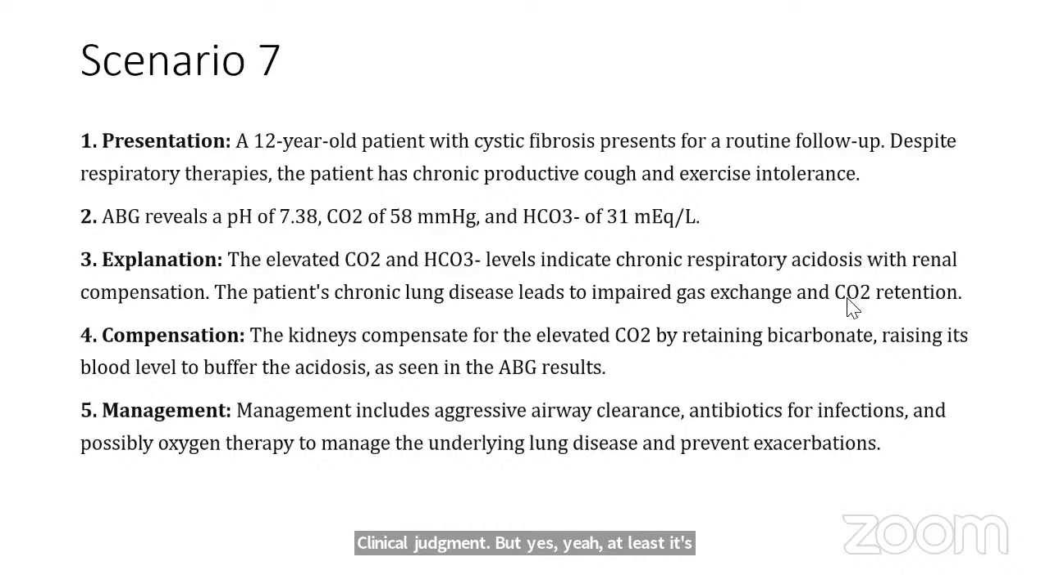So the patient's chronic lung disease leads to impaired gas exchange and carbon dioxide retention. The kidneys here are trying to compensate for that, and there has been an increase in bicarb. So the management here is aggressive airway clearance, antibiotics, and possible oxygen for the underlying lung disease. All right. So